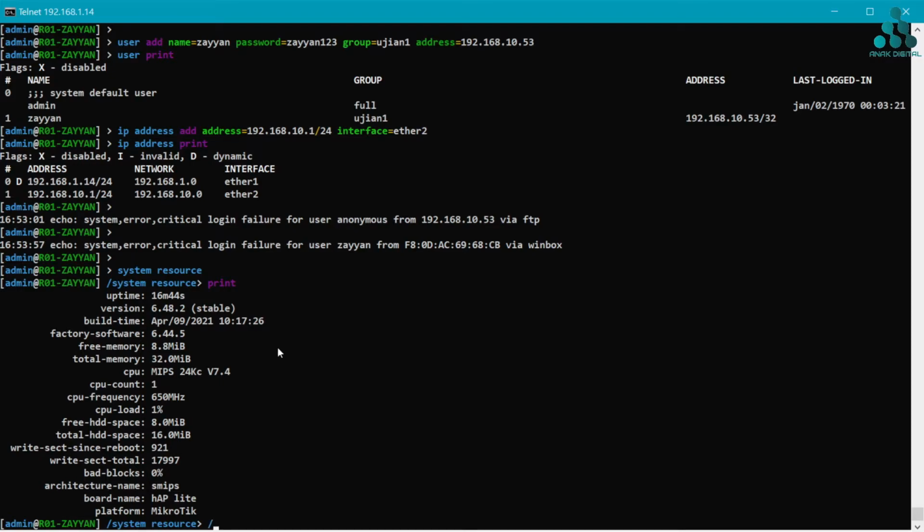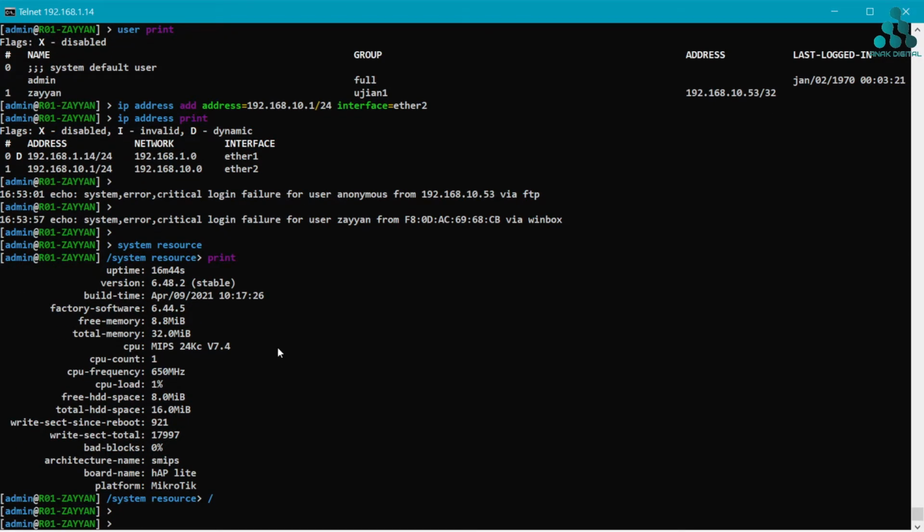For downgrade, type the command /tools fetch URL, and then click right in there.